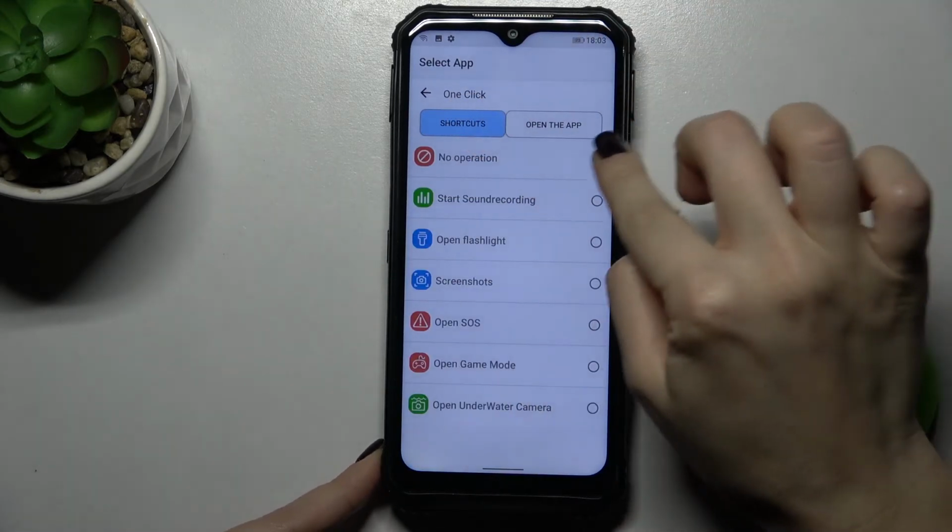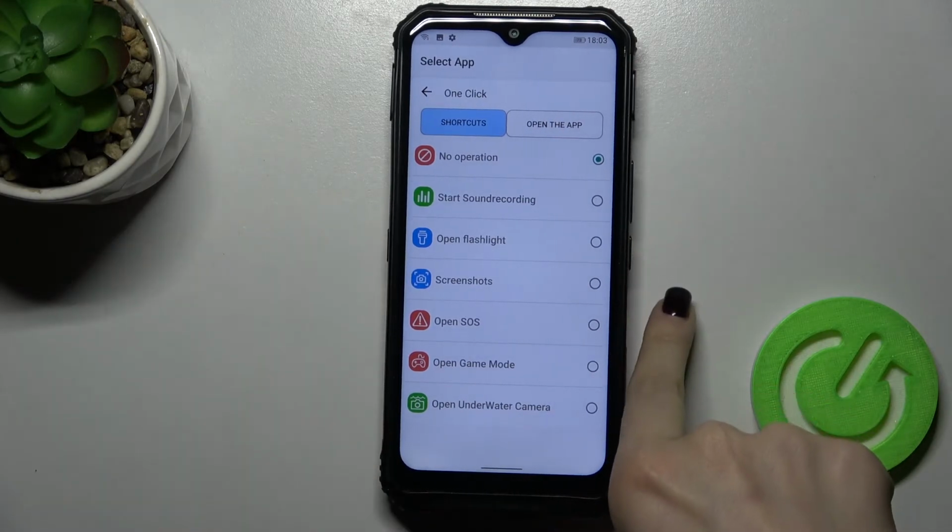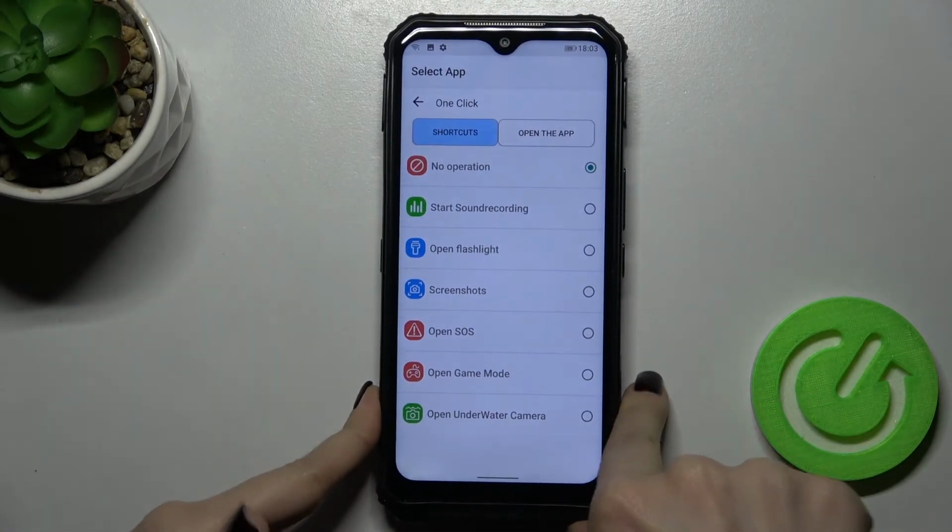If you want to turn it off, just tap here on no operation, and as you can see, you can't open the Google